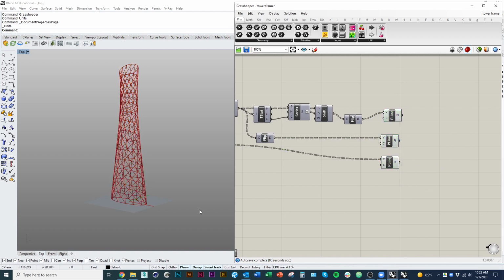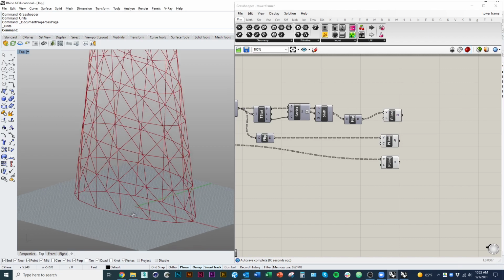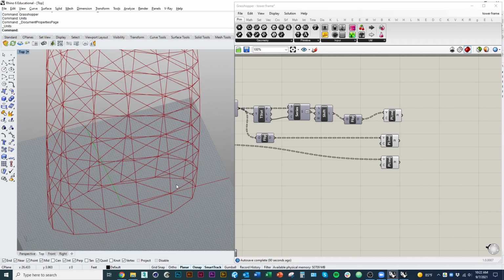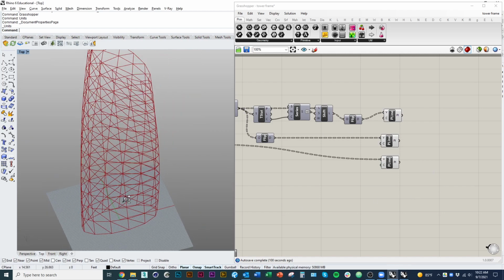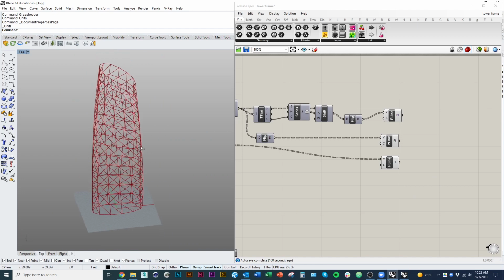The reason I mention that is because when we do our definition, we're just going to feed Karamba a series of lines. I think you will also want to make sure that you have these as individual line segments, meaning not curves. So you want them to be straight lines, and you want them to probably be exploded. Once you have a definition for a geometry here, and it doesn't have to be a tower, it can be any kind of structural frame,